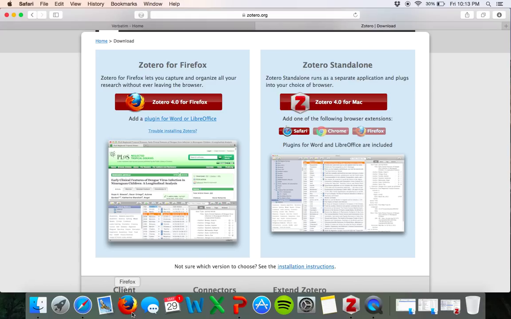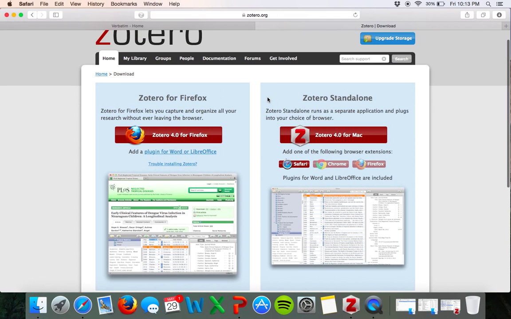I only use Firefox for work. I use Safari because of the extra battery life that it affords you. So Safari is what I use. So let me show you how this works. So we're going to assume that you were able to download Zotero